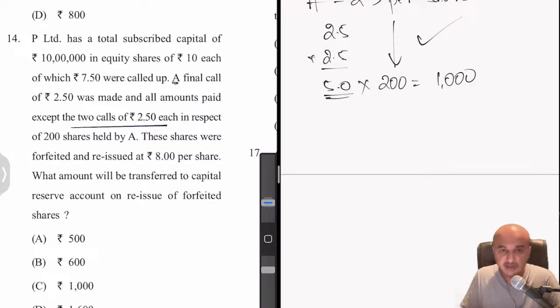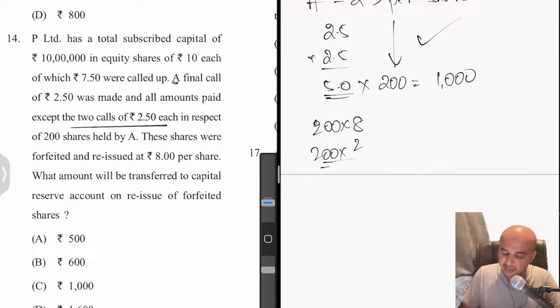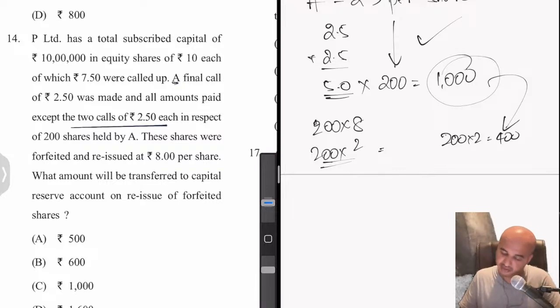So if they have been reissued, at what value have they been reissued? So 200 shares into rupees 8, meaning they have been reissued at a discount of rupees 2, because face value is 10, but they are reissuing at rupees 8. So discount is 2. That means how much loss is the company incurring here? 2 rupees per share. So 200 into 2 will be 400 rupees. Benefit is 1000 because we have that 1000 rupees which A has paid and which we are not going to return to A. But out of that 1000 benefit, how much is our loss? 400 rupees. So net 600 is our benefit.